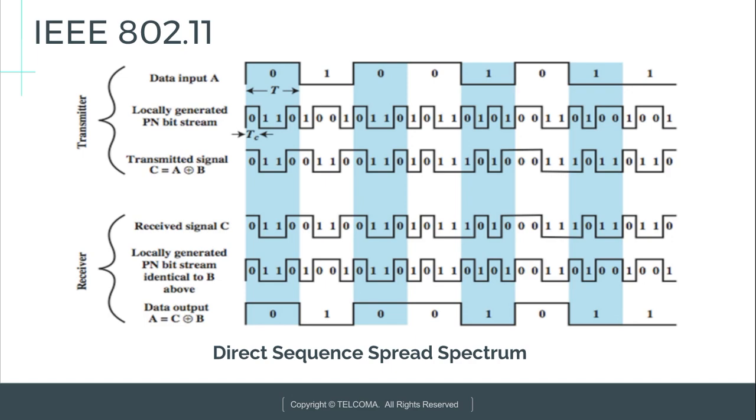So as shown in the diagram, there is a data input A, that is the original message transmitted by the user in the form of 0/1 bits, and the user has the PN code, which has a bit rate higher than the original message. Here the signal is modulated using the XOR gate, that is A XOR B, and it forms the transmitted signal,